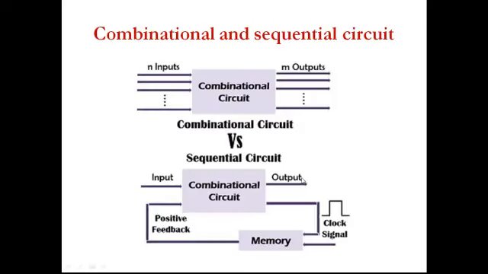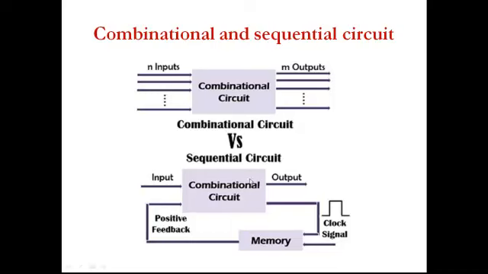Okay. So basically, what you have understood so far in the previous module is about combinational circuits. The difference between combinational circuits and sequential circuits you need to understand. If you see a combinational circuit, you will have a set of inputs and a set of outputs, and the output depends only on the input. The current combination of the input will give you a certain output. That is about the combinational circuit.